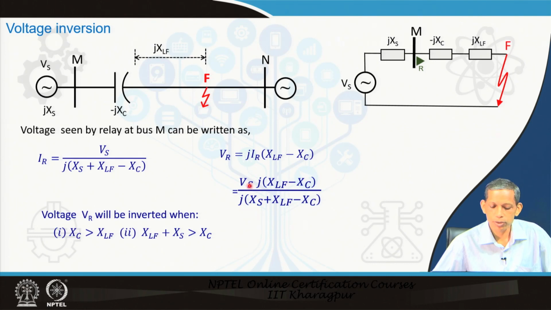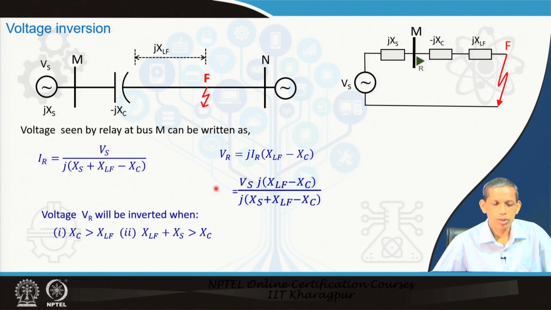So, finally, this becomes equal to a negative sign times V s with a certain value, whereas in the normal condition, if this x c is not there, j cancels out and this becomes a positive value. So V r and V s are very close to each other, as we have learned. But now, with these two conditions, this becomes negative and this becomes positive. Therefore, a negative sign will come here, which is nothing but the antiphase or inverted voltage, and that is the situation. So, that is the name voltage inversion.